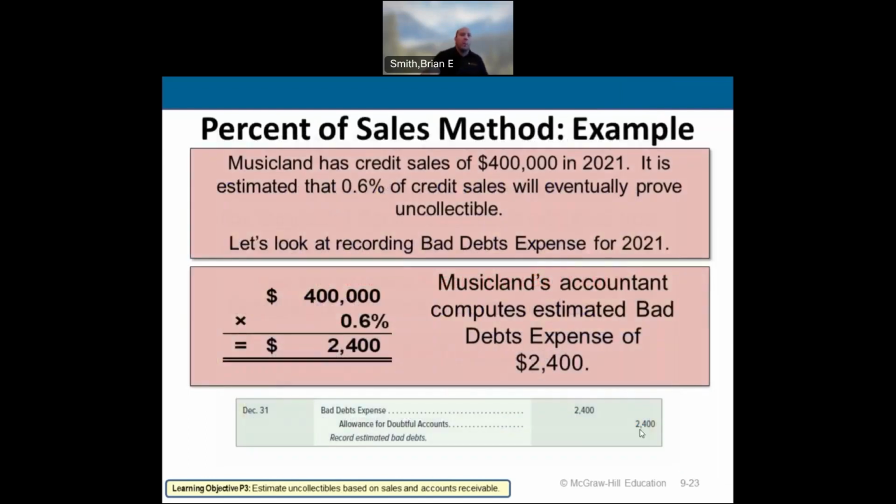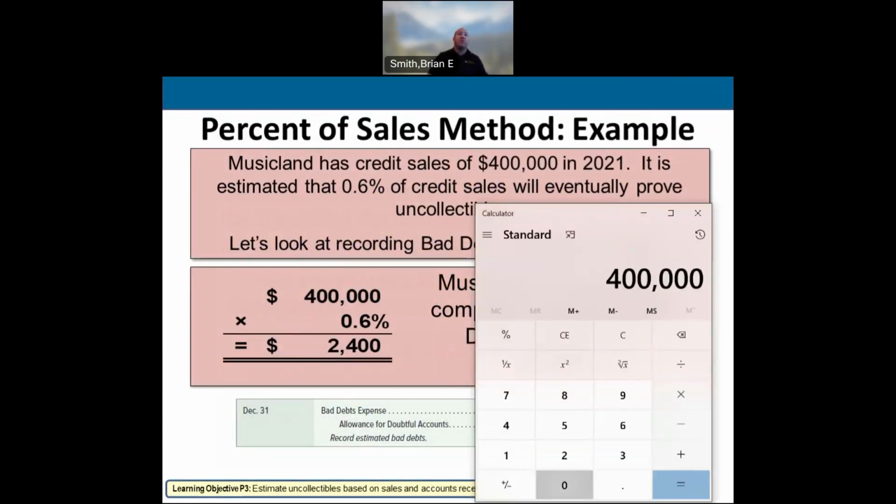Going back to this one, our accounts receivable account, remember, is going to reflect on our balance sheet as 400,000 minus 2,400. So we're going to show a net accounts receivable on the balance sheet of 397,600. And if somebody writes off $400 because we don't collect it, we're going to reduce the accounts receivable by $400 from the 400,000 that's owed to us, and we're going to reduce that $400 off of the 2,400 we funded to the allowance for doubtful accounts. And so those numbers themselves will be different, but this 397,600 will remain the same after the write-off.